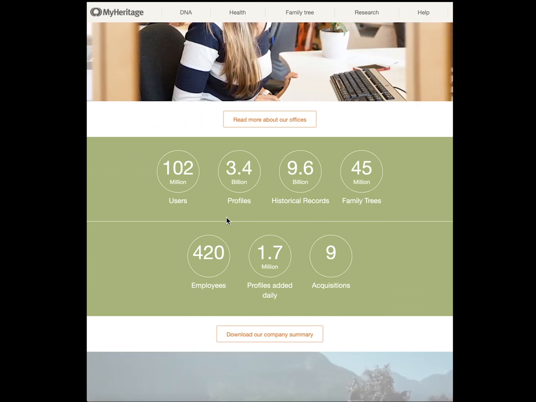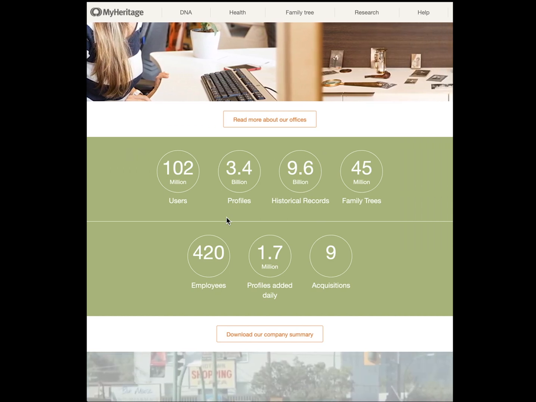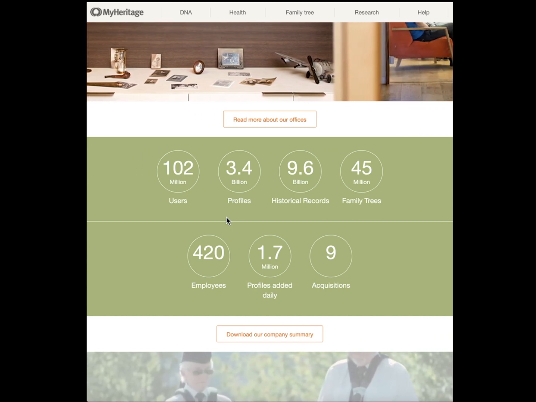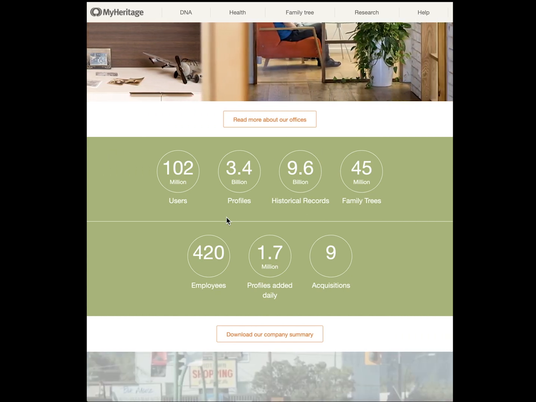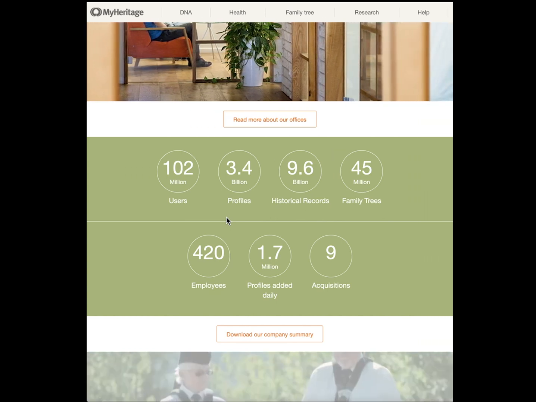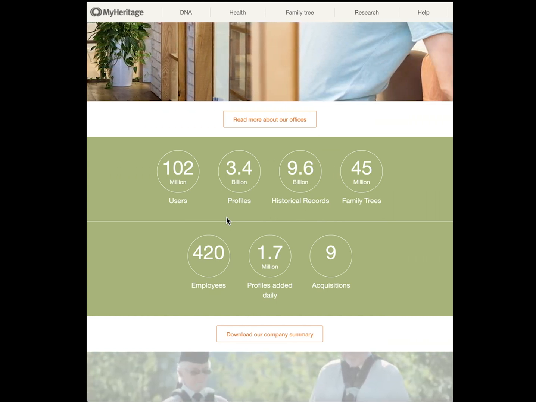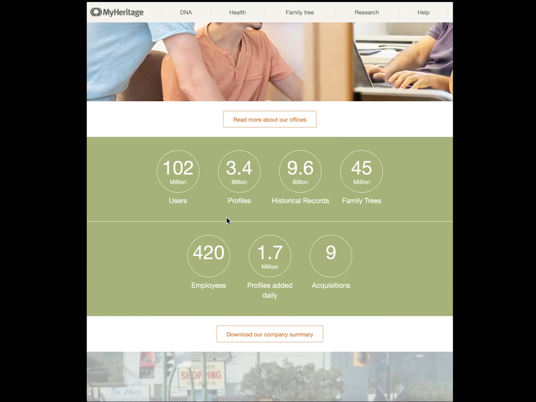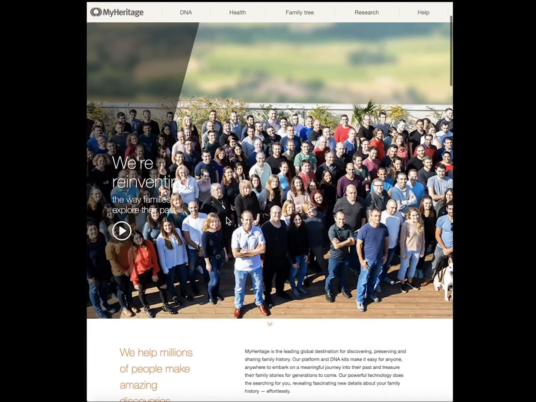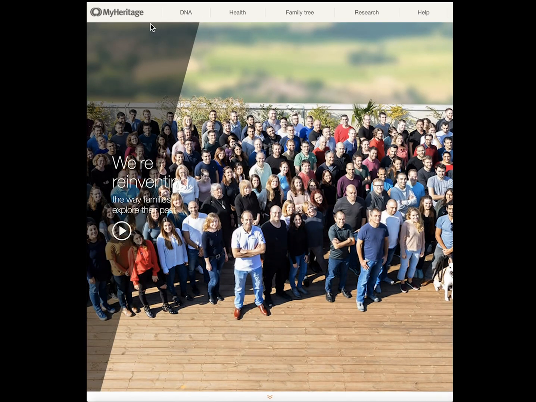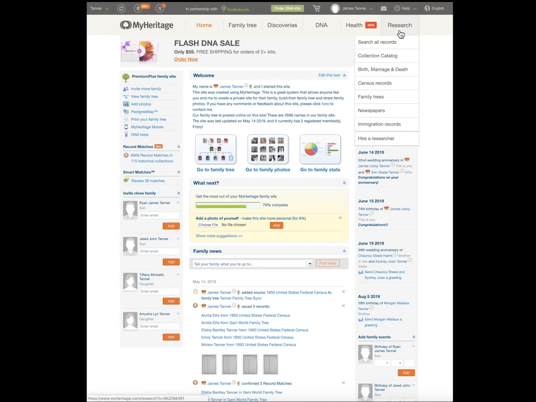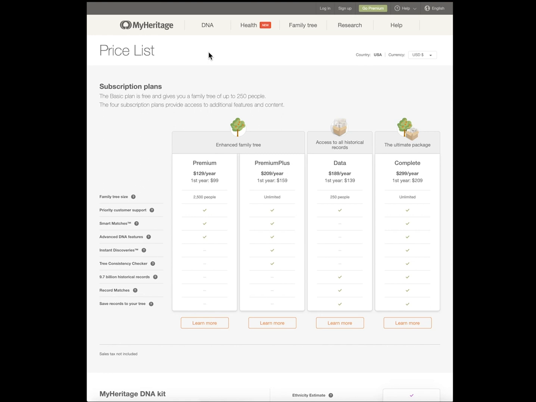One thing that's important about MyHeritage is that all of the information on the program, except for obtaining a DNA test or a DNA health test, which is the new function, are included in the price of the full program. There is a free version. A free version allows you to enter a certain number of names, and I will go back to the program itself